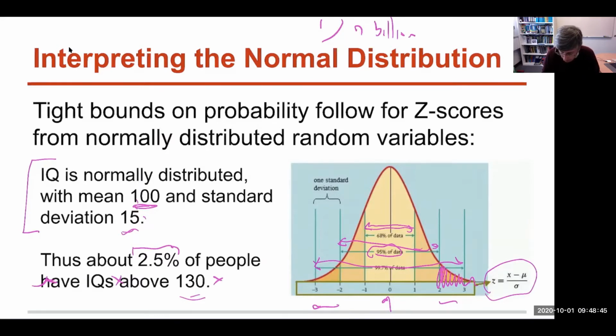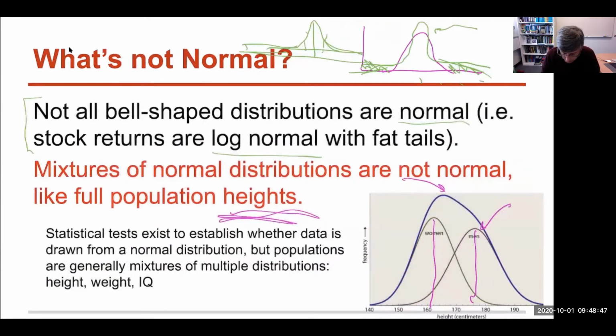Data that's normally distributed. Data is not usually exactly normally distributed, although it's a good approximation. But be aware of things like mixtures of populations. Any questions about normal distribution